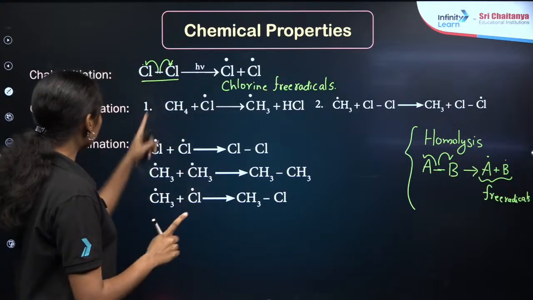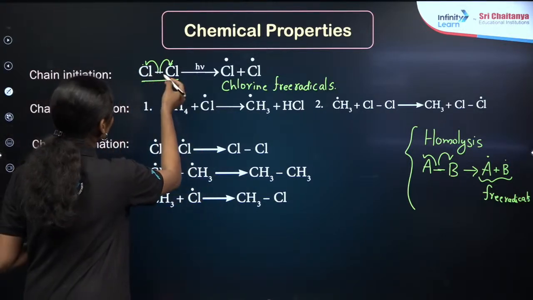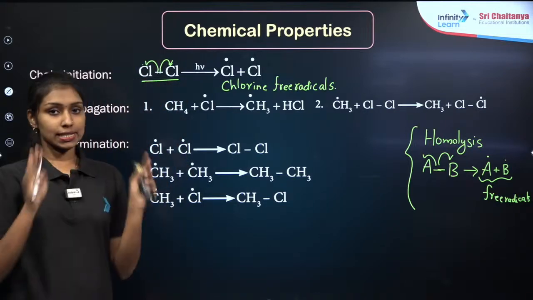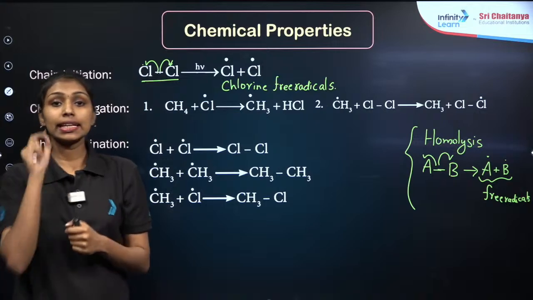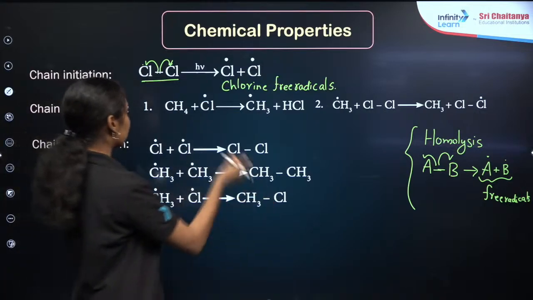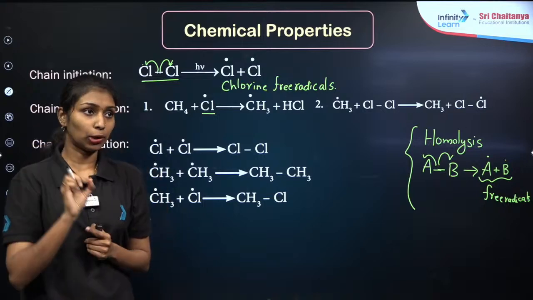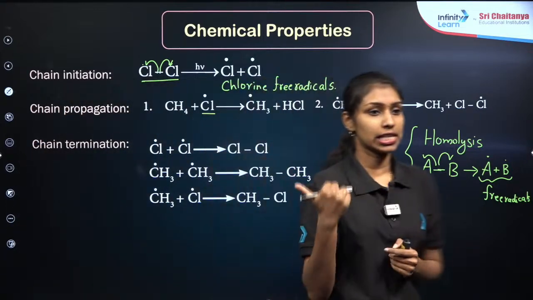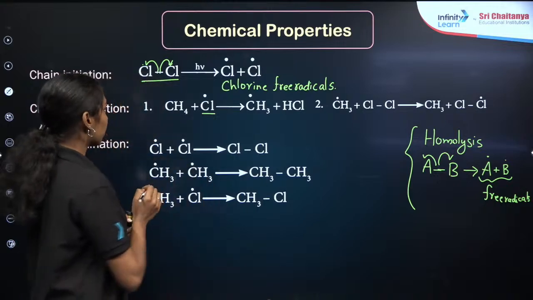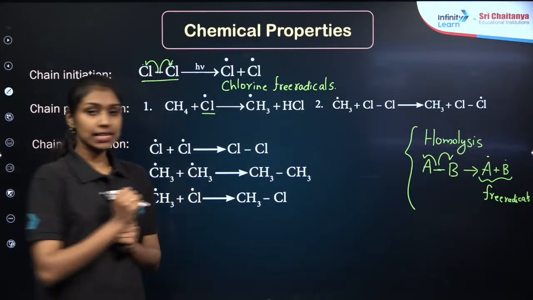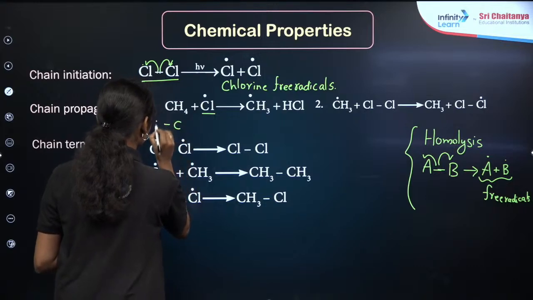Clear? So, here we are taking the chlorine molecule because the Cl2 molecule has a covalent bond. It is having 2 electrons, it equally breaks by homolysis to form the chlorine free radical. In the second step, the chlorine free radical will combine with our alkane molecule, right? Here I am taking the example of CH4. So, it will form CH3 free radical plus HCl, right? CH3 free radical plus HCl. If I am taking like this,